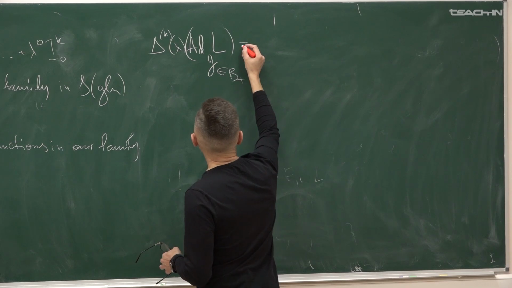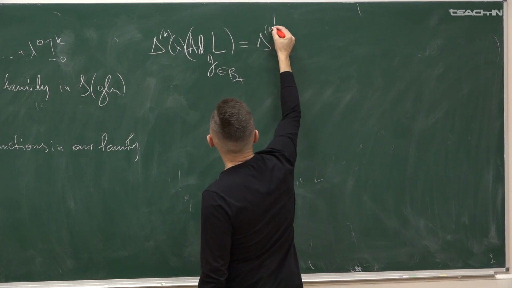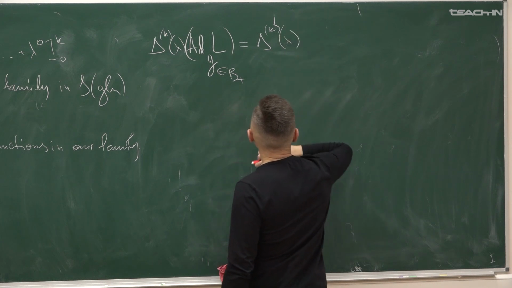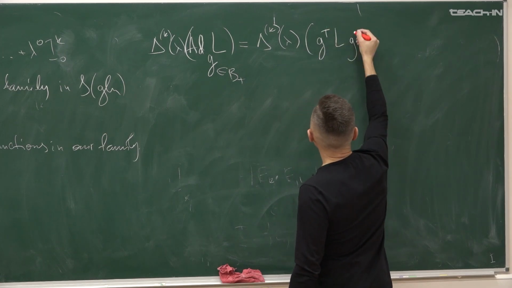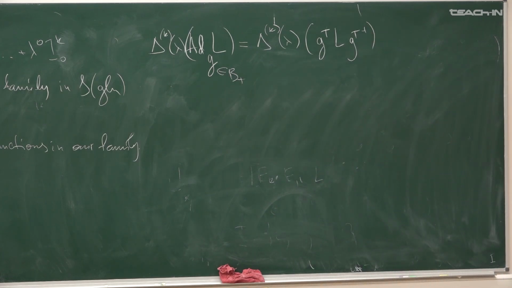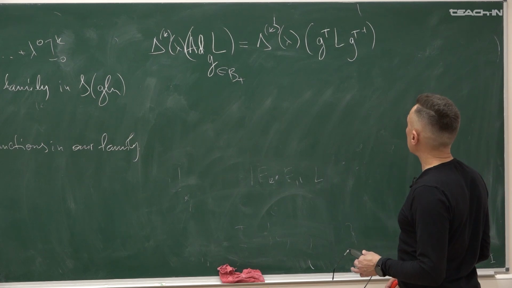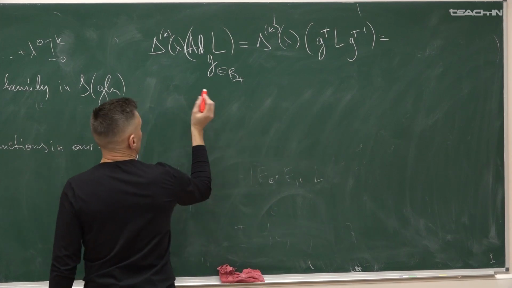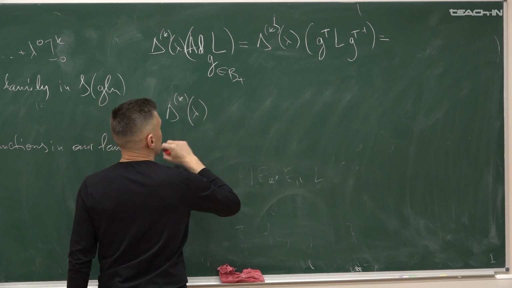And it is the same as to consider delta K of lambda of G transposed L G transposed minus 1. This is due to the lemma. Now I will write it. So it is delta K of lambda of